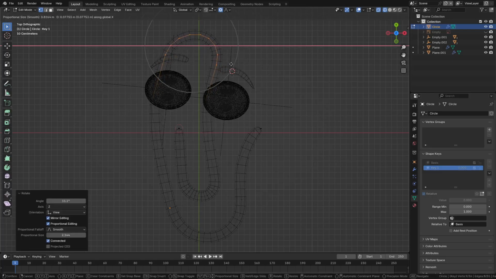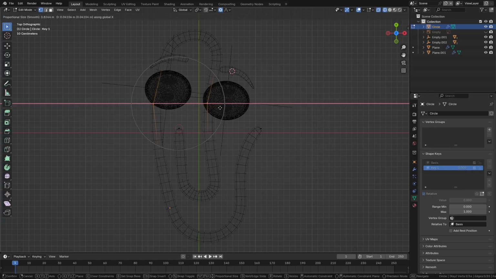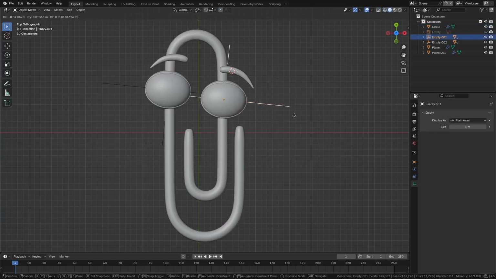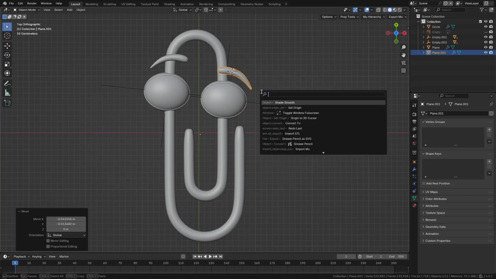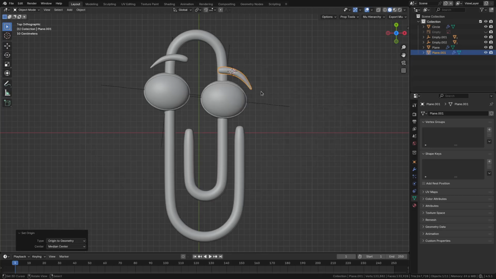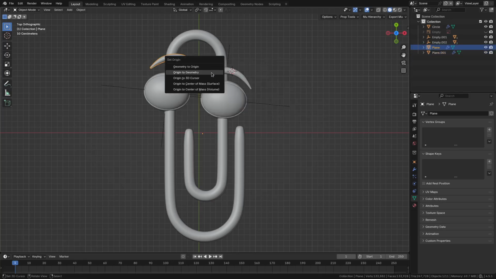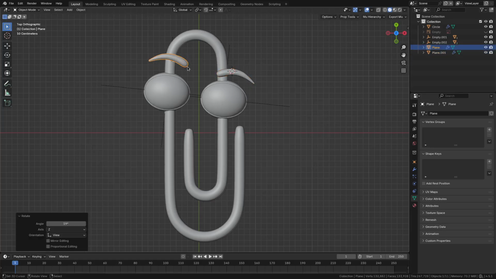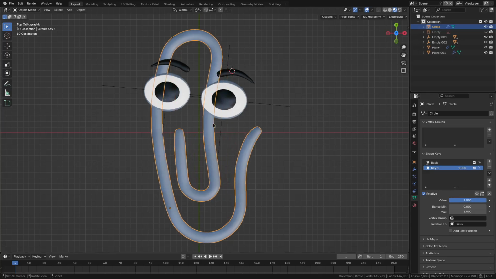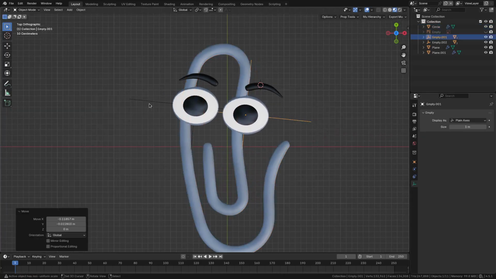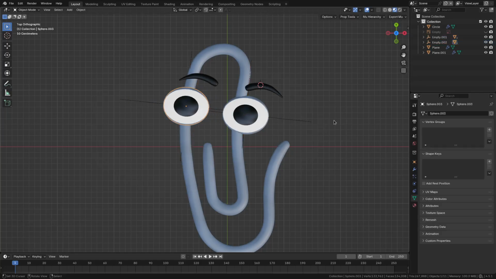The cool thing about using a shape key is that this is very non-destructive. So if you ever want to go back to where we were, we can change it, and then we can rotate things around here. Let's set the origin point to geometry, just so we can make these easier to move around. And then for the shape key, we can just set this back to how this was. And then for the eyes, the eyebrows,